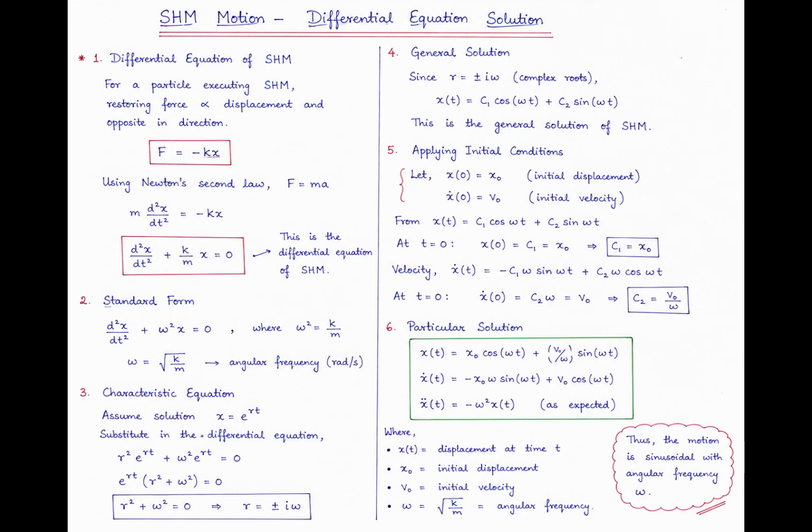The acceleration is found to be directly proportional to the displacement and opposite in direction, confirming the characteristics of SHM. The derivation ultimately demonstrates that the motion of a spring mass system is sinusoidal with a constant angular frequency. The time period and frequency of oscillation depend only on the mass of the object and the stiffness of the